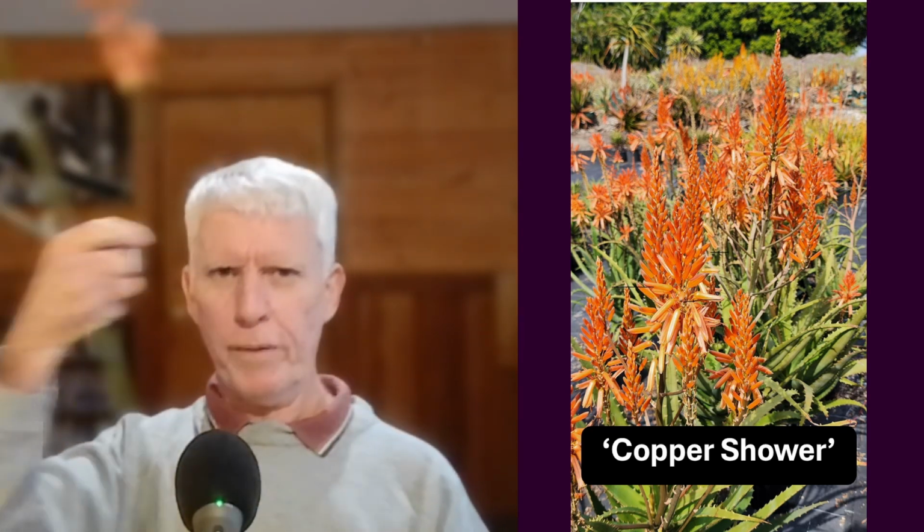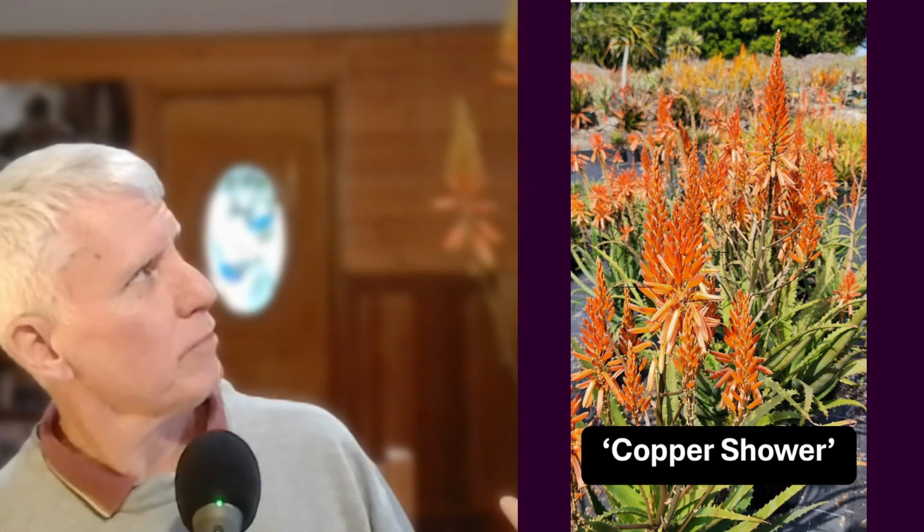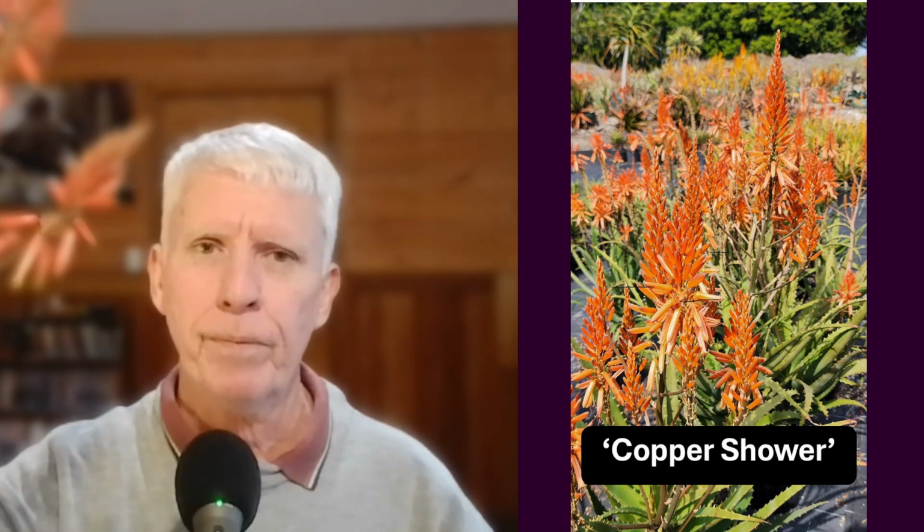But it is a tall spike. I've got to bring this into the thing. So this sticks up around about 60, 70 centimeters out the top of the plant. The plant itself is quite low, probably only about 40, 50 centimeters high. So overall, with flower, about 1 to 1.3 meters high. Beautiful plant. But the copper shower apparently is one of the most popular aloes used by councils and developers because